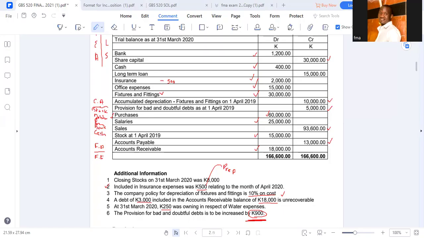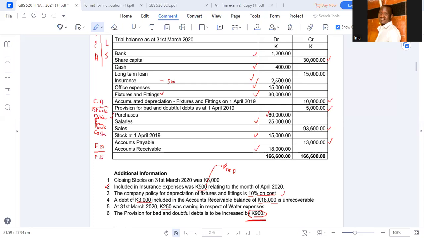So explaining the adjustments. So 8,000 is simply our stock that we're remaining with at the end of the year. So this stock is factored into two. The trading account where we subtract from our net purchases to calculate our cost of sales, which will help us calculate the gross profit. This also appears in the balance sheet in the current assets because this is our money. The 500 is a prepayment of insurance, meaning this amount we have not enjoyed, we subtract it from the 2,000